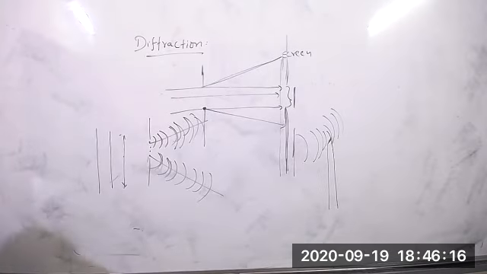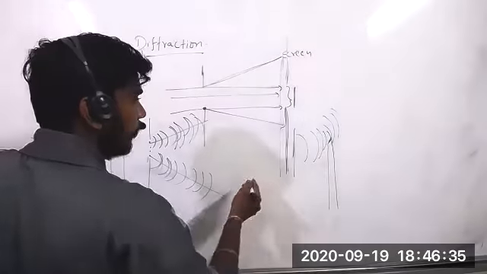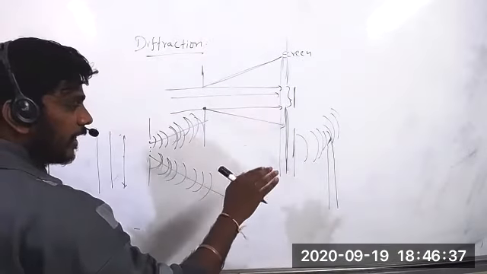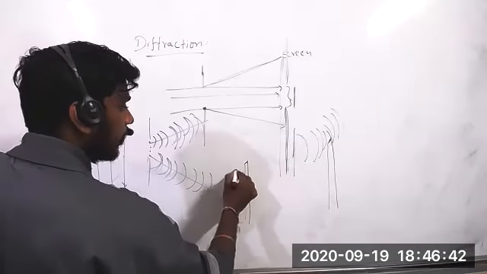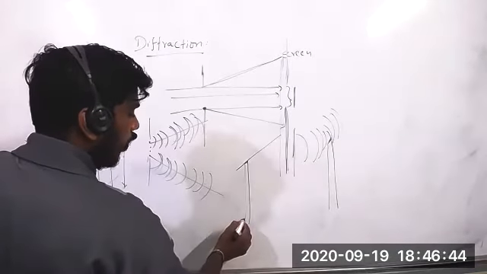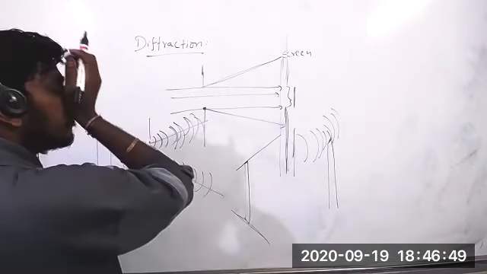Okay, now do you have any doubts on diffraction? Diffraction, how will it happen? Do you have any doubts? Anirudh? Yes, sir. So what will happen is that light will bend. We say that light always travels in a straight direction, but light will bend at the corners of the objects. That phenomenon is called diffraction.